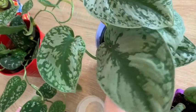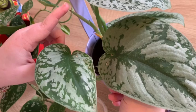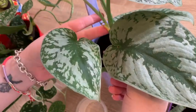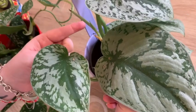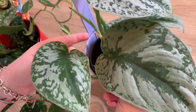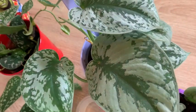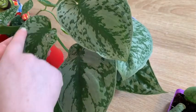And as you can see from this new leaf here, I don't know why it's going brown at the tip, it's worrying me a little bit, and I don't like touching new leaves, but this leaf is going to be huge. So we'll have to see how that goes with this one. But that is the Exotica, and it has this very distinctive